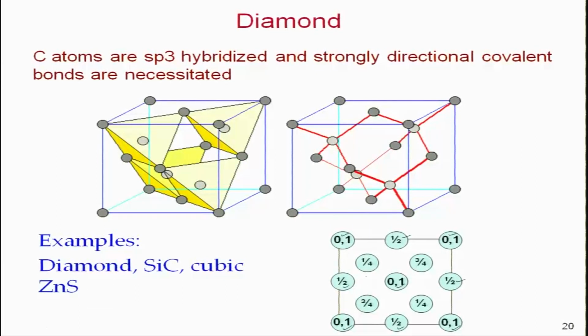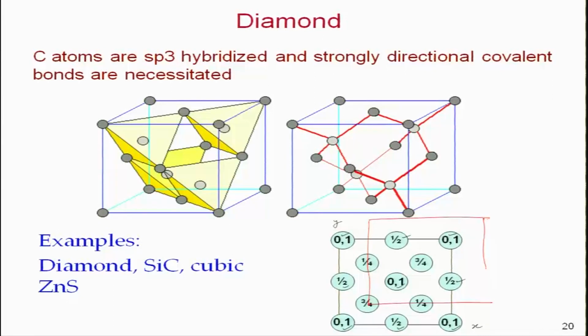These are the tetrahedral ones, 1 by 4, 3 by 4, 3 by 4, 1 by 4. x, y you can see is obvious. So if this is x, this is y, what you see is only the z. Now you can make the unit cell by shifting the unit cell a little bit. I can make the unit cell here. If I make a unit cell like this, I can make a variable unit cell